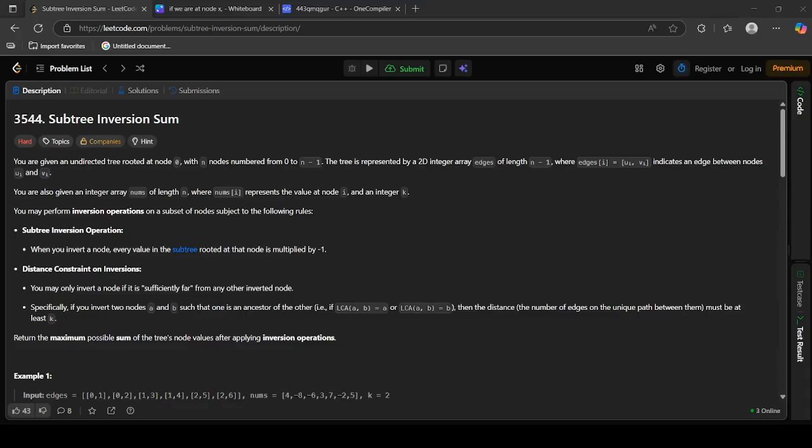Hello, in this video let's discuss another question. You are given an undirected tree rooted at node 0 with n nodes from 0 to n minus 1. The tree is represented by a 2D integer array edges of length n minus 1, where edges[i] is [ui, vi], which indicates an edge between nodes ui and vi. You are also given an integer array nums of length n, where nums[i] represents the value at node i,